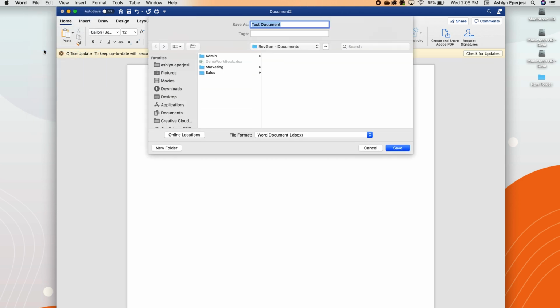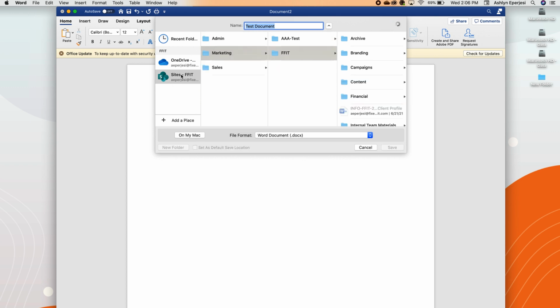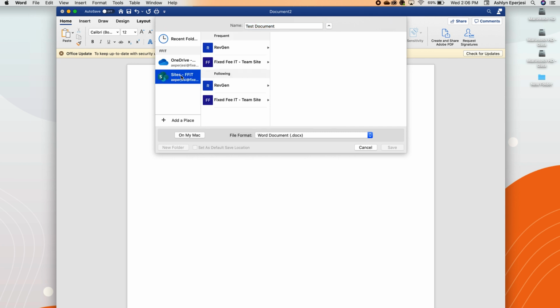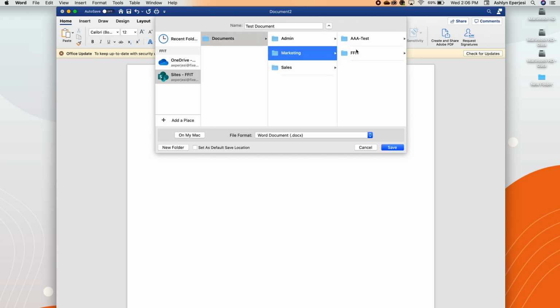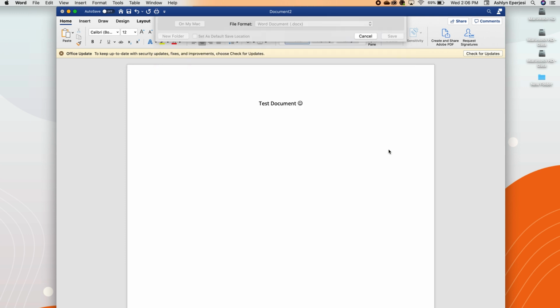Now, Microsoft assumes you're going to be working in SharePoint most of the time, so they make it really easy to navigate to the correct location. In fact, it's kind of easier to save to SharePoint nowadays than to your PC. As you can see, our SharePoint sites are towards the top. We also have my OneDrive, which would be where I would save my personal documents. But let's select that SharePoint site we want to save it to, and the correct folder within that site, and